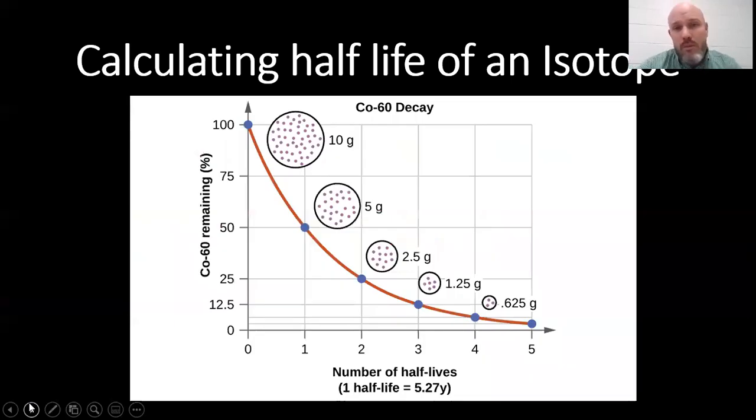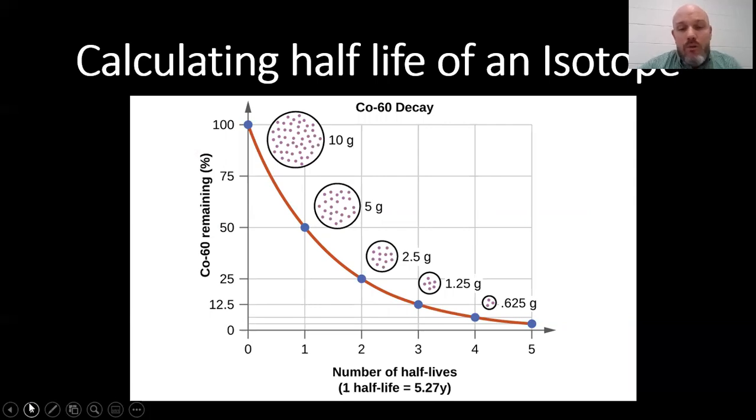Okay, so let's talk more about the half-life of an isotope. It does not matter what isotope we're talking about. It does not matter how much the starting amount is. Every isotope is going to follow this pattern. That's why it's called a half-life. So again, the half-life is the time it takes for half of your original sample to decay into a daughter